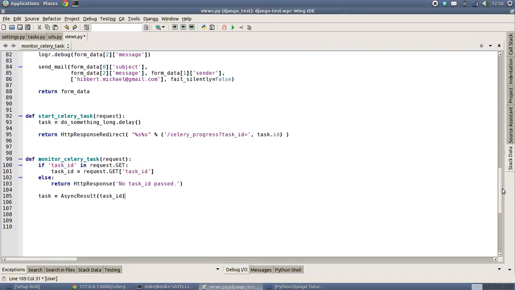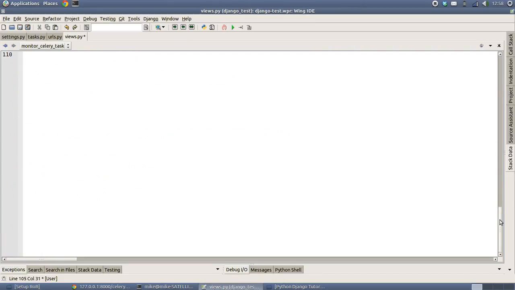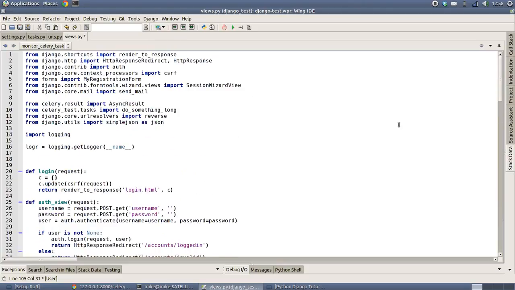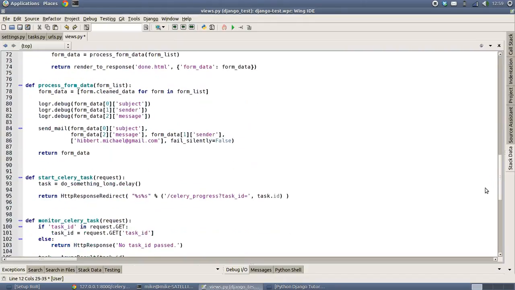Now the async result is, excuse me, I've just scrolled all the way the wrong direction. The async result is stored in salary.result. So if you want to pull that in, then we also need to pull in JSON, or simple JSON in this case, because I'm going to do a JSON result. And of course we pulled in our task there. Moving back to the view,